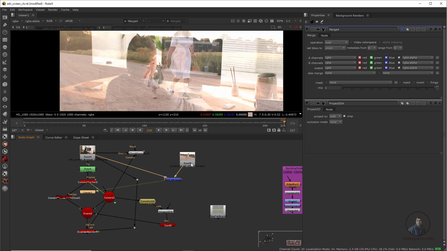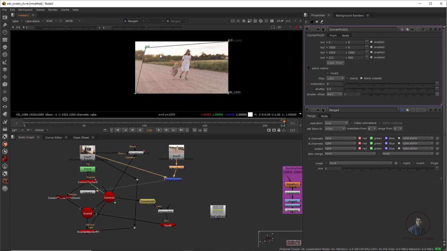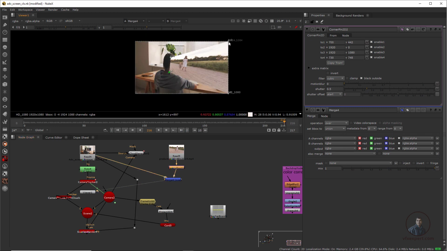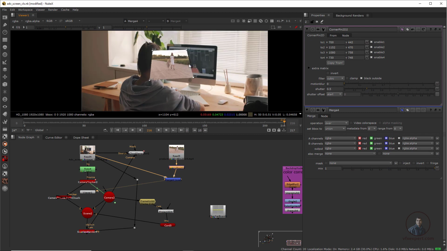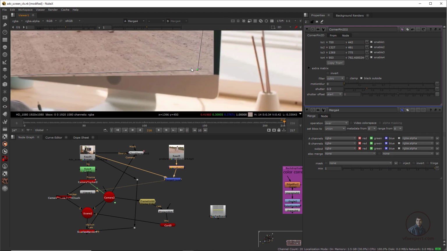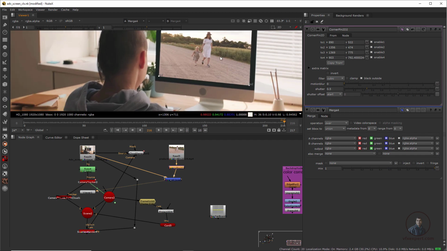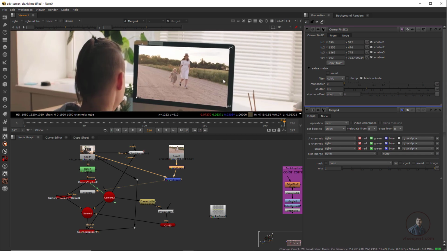Then after this, select this image or video, press tab and take a corner pinning node, this one. With the help of this corner pinning node we can easily create perspective. So now create it according to our monitor here. So now here I placed this image according to our screens.